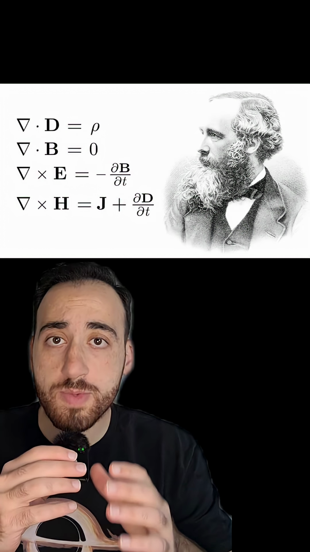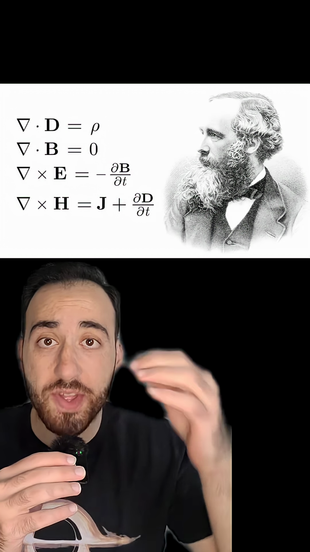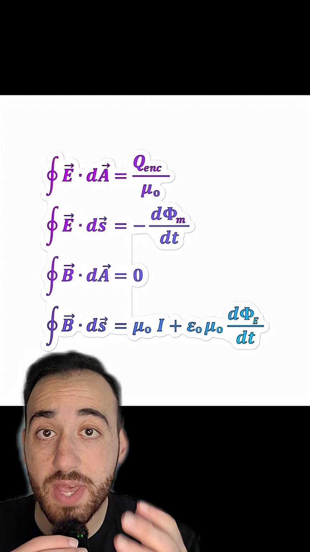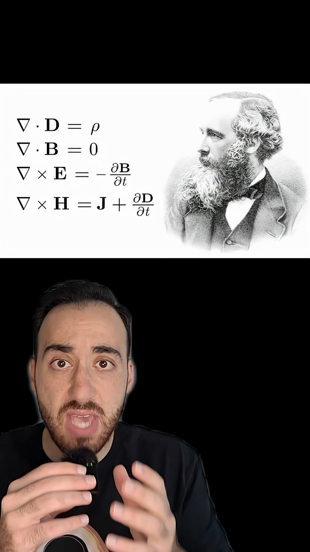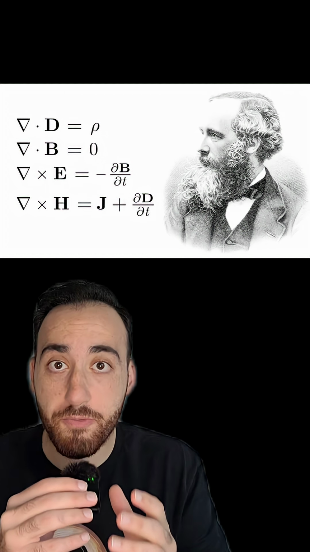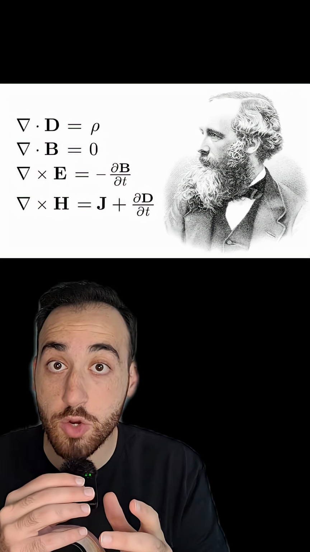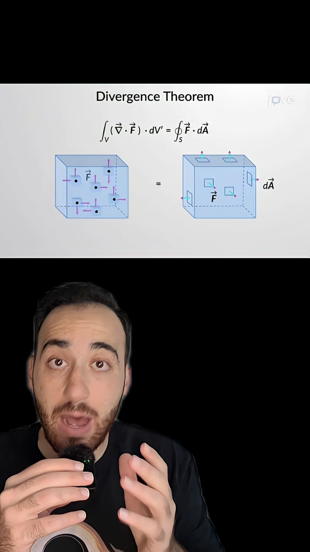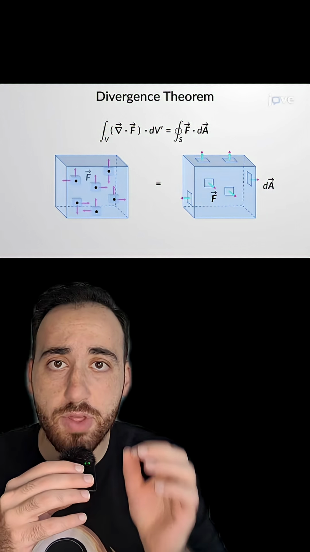Why are there two forms of Maxwell's equations? These ones are called the differential form, and these ones are called the integral form. But these are supposed to be the same equations, so how does one go back and forth between the integral form and the differential form? For the first two laws, namely Gauss's law for the electric field and Gauss's law for the magnetic field, we